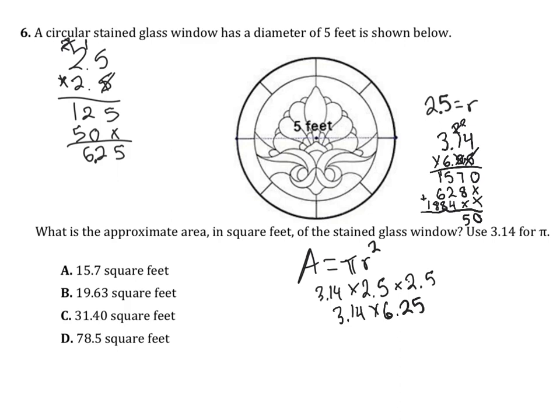Plus 4 is 12. 2, carry the 1. We get 8 plus 1 is 10. Plus 6 is 16. Carry the 1. 8 and 1 is 9. And 1 is 1. Now we have 4 decimal places up top. So we have to move it 4 decimal places to the left. 1, 2, 3, 4. So we get